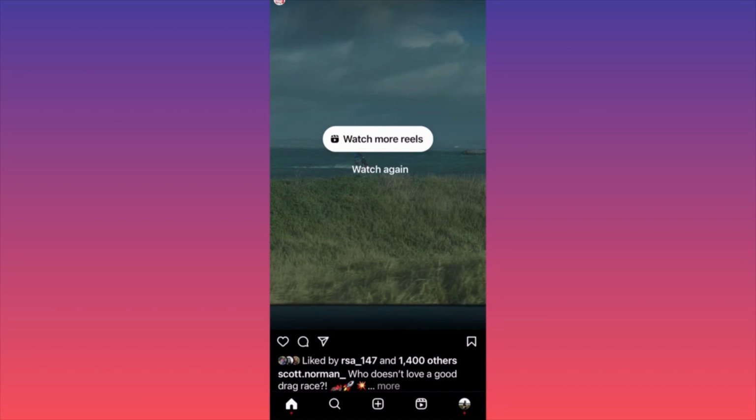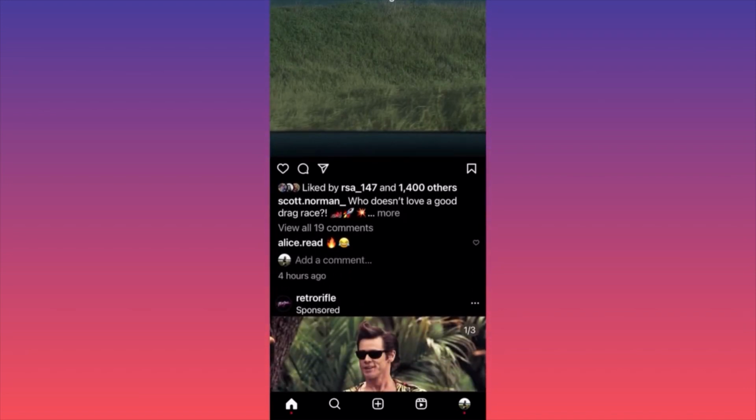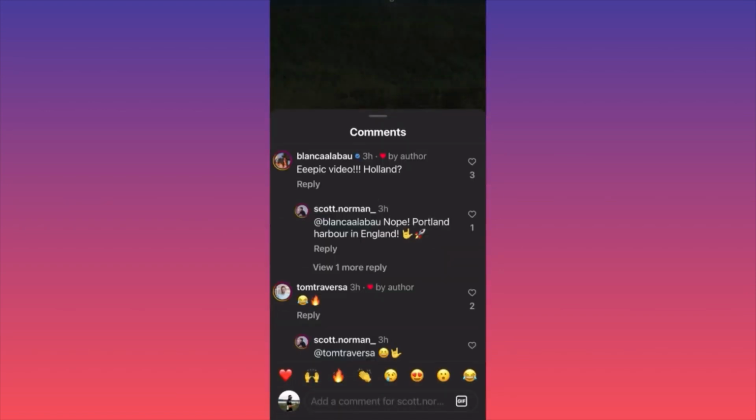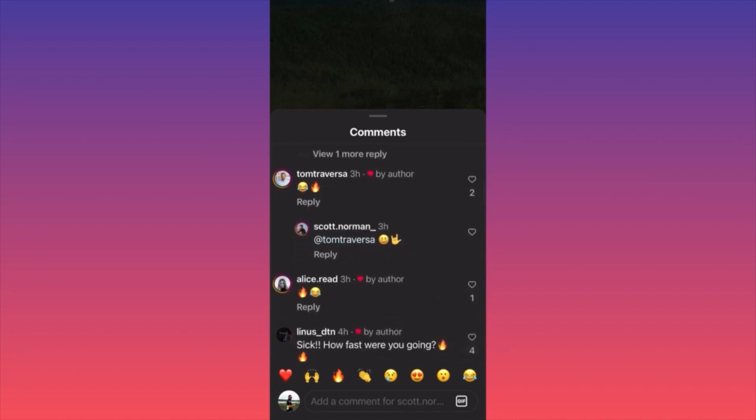So essentially, you want to scroll down to the comment section and you want to go over posts that have a lot of comments or a lot of engagement. So how are you going to do that? You want to click on the comments, and here you can essentially start commenting similar comments as other people. But you want to add your own personal view, something that will challenge another person to reply to you. If you just say nice video, no one will reply to you.